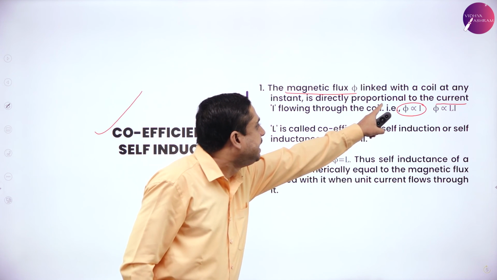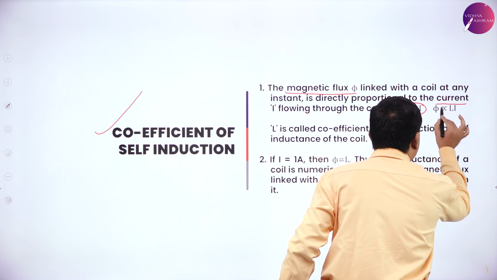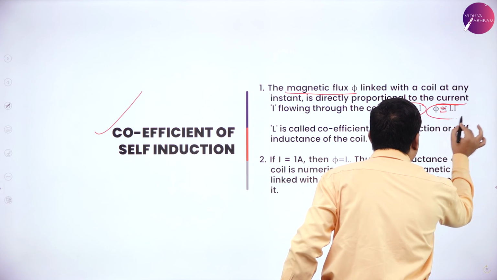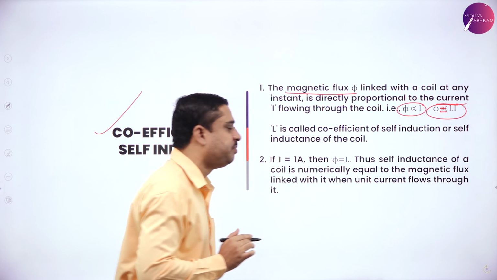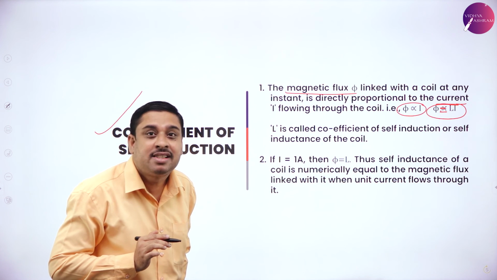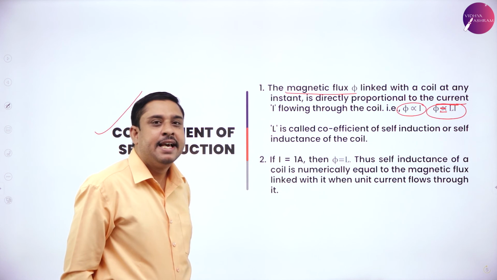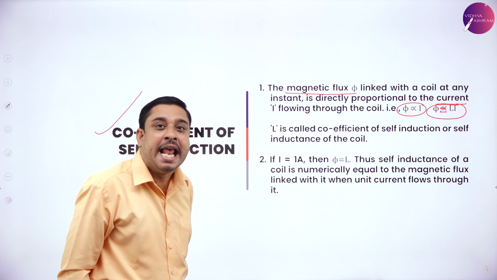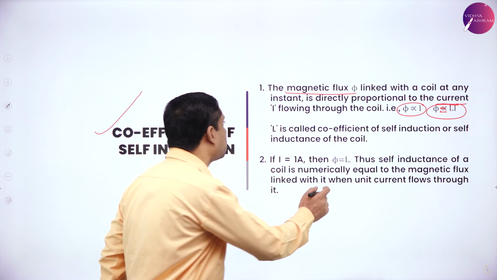Or, taking out the proportionality symbol, we write phi equals L into I. Since we removed proportionality, we must introduce a constant. So phi equals L into I,